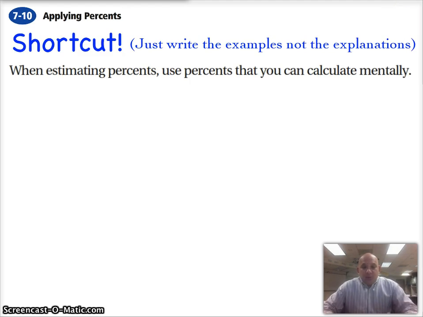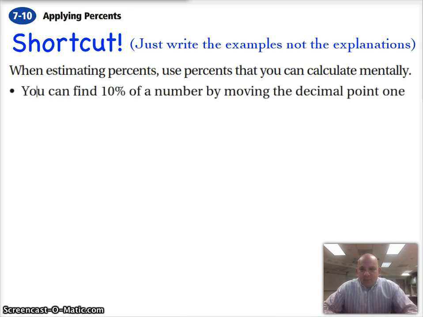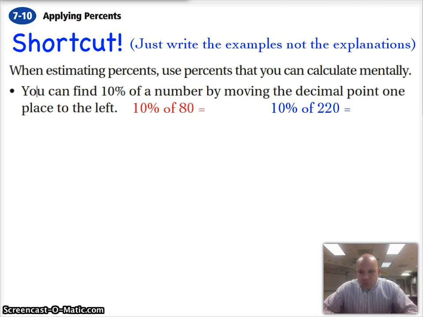All right, we're going to go ahead and start with shortcuts. Shortcuts should motivate you somewhat because they are ways in which we can get to a percentage really quickly. Here I just want you to write the examples and not the actual explanation, so anything that looks like numbers. It says when estimating percents, use percents that you can calculate mentally. Now you can do this mentally, but I'm going to go ahead and show you how you can do it